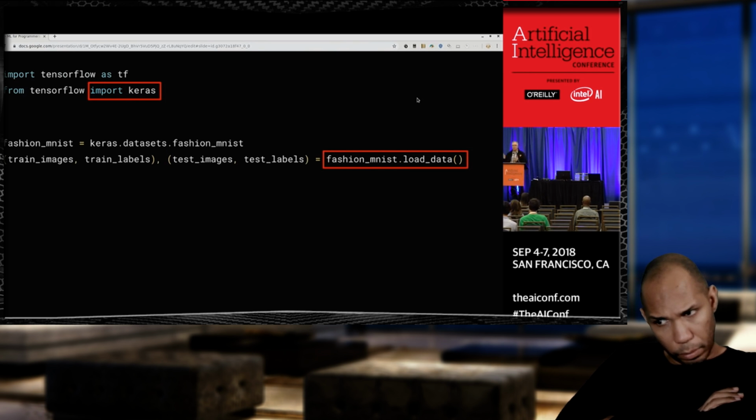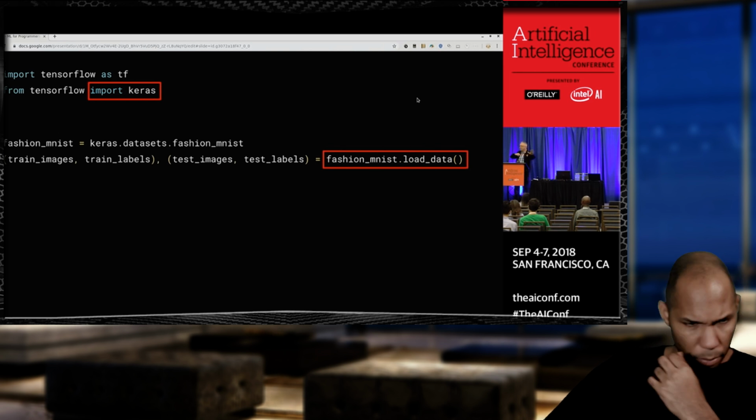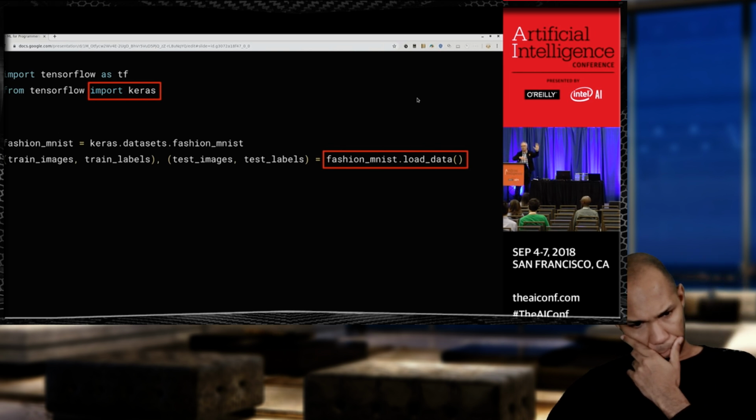And so one of the neat things also about Python that I find that makes Python great for machine learning, because that second line of code there where it's like bracket train images, comma train labels, comma bracket test images, test labels equals Fashion MNIST load data. What that's actually doing is it's loading data from the data set, which is stored in the cloud. It's sorting that 70,000 items of data into 4 sets. Those 4 sets are then split into 2 sets, one for training and one for testing. And that data is going to contain, the one on the left there, the training images, is 60,000 images.